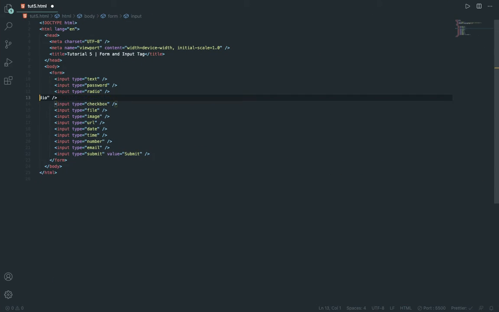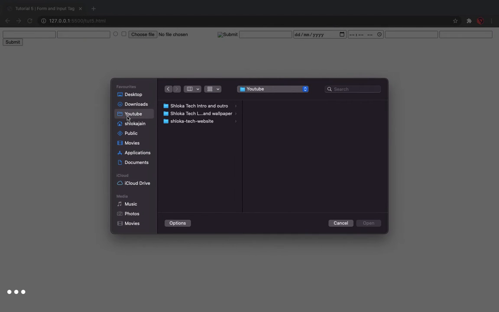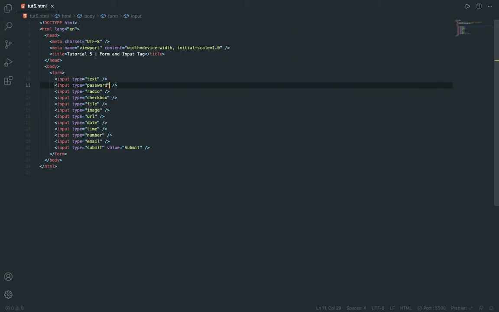After that input type checkbox, I can uncheck or check it. After that file. So if I click on choose file and I select any file, you can see the name all comes here. Then this is input type submit.